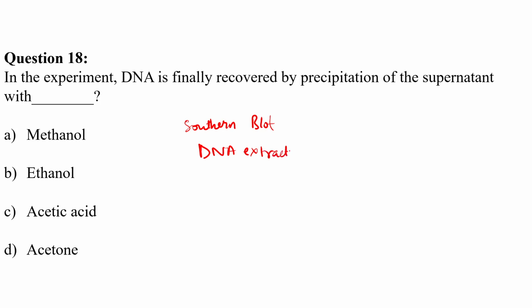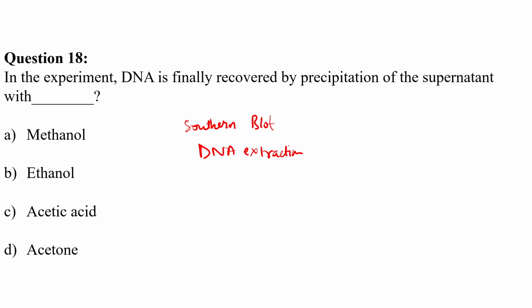supernatant? So after final extraction, the DNA is in the supernatant. Now we have to precipitate the DNA so that we can resuspend it in water at a very concentrated level. So how do we precipitate it? Option A, methanol, option B, ethanol, option C, acetic acid, and option D, acetone. What do we use out of all these 4 options to precipitate the DNA from the final supernatant while doing